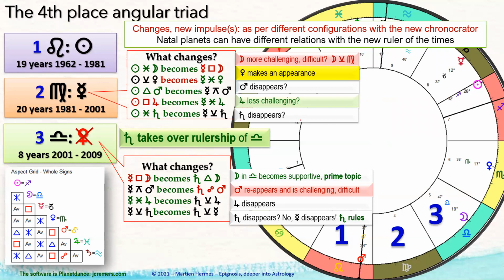Now again, Mars reappears and is challenging. Why is that? Because it's in opposition to Saturn, which is not an easy thing to deal with. And this might again have to do with something changing, something being severed. And you said there was a job. Oh, right. Yeah. And then you chose again for the certainty of a